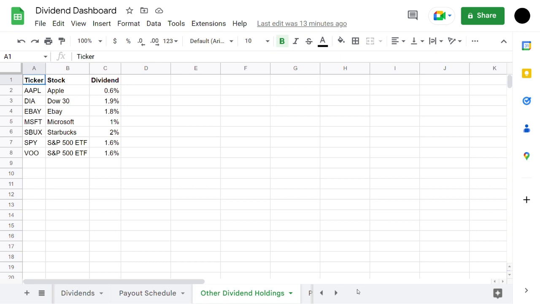I do have some other stocks that aren't included in this portfolio. These stocks were purchased, some of them a long time ago, and not with dividends in mind. So that's why I'm just keeping the purchases in January 2023 in this dividend dashboard. You can see I've got Apple, Dow 30, S&P 500, eBay, Microsoft, and Starbucks. In fact, Microsoft I bought way back in the 90s, and they did not have a dividend back then. So these aren't included in this